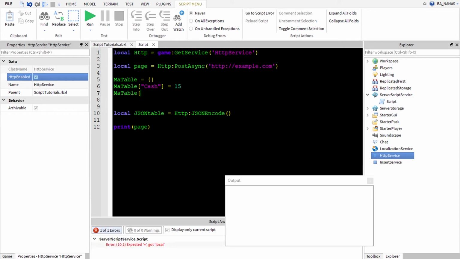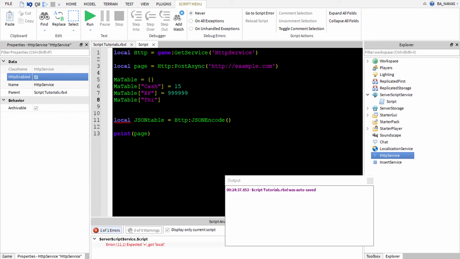My table, I don't know, something like xp equals 99999 because I hacked something. My table thing ID equals something like that. You can just do like that. They're just called dictionaries. You can just put things into things. This works. So we just gonna write my table, and it should do things, but it's not finished yet